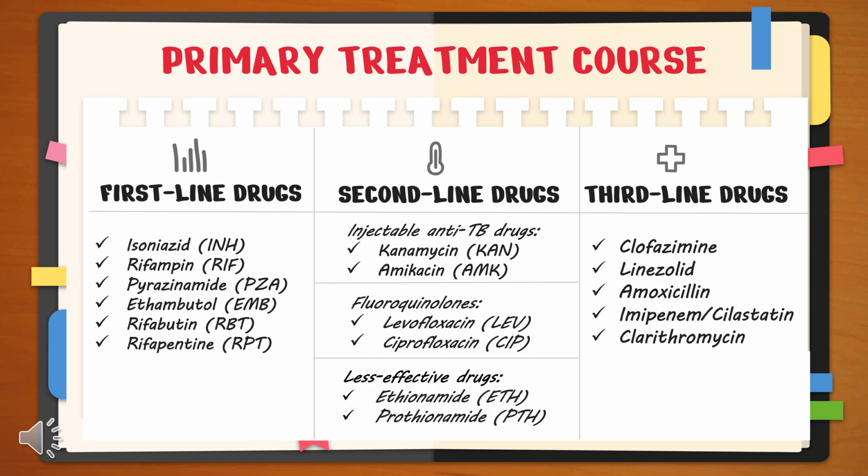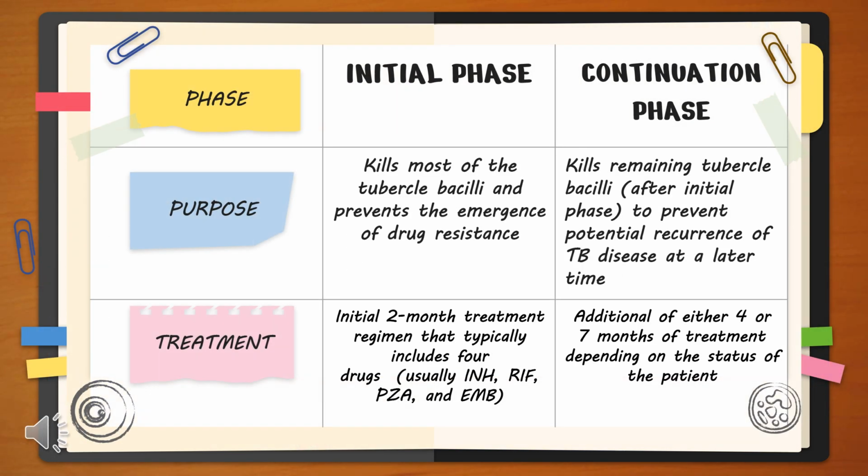Under third-line drugs are medications with variable but unproven efficacy against TB. These drugs are typically used as a last resort for totally drug-resistant TB. The treatment phase for tuberculosis mainly consists of the initial phase and the continuation phase. In the initial phase, most of the tubercle bacilli are killed, and one of the key goals is to prevent